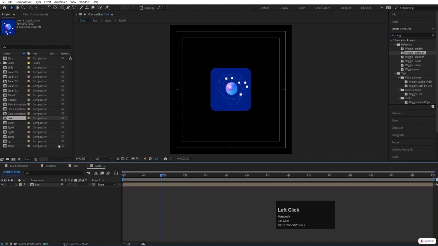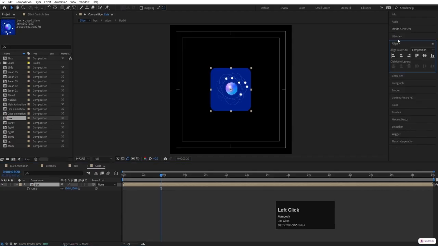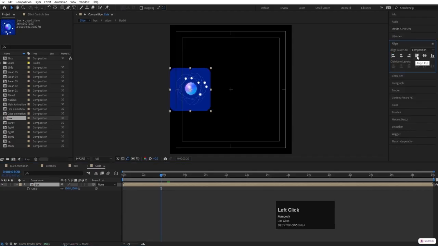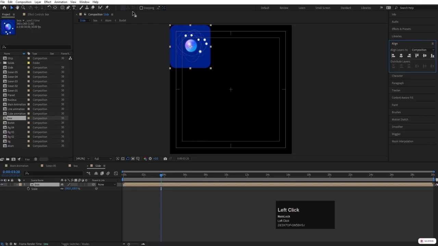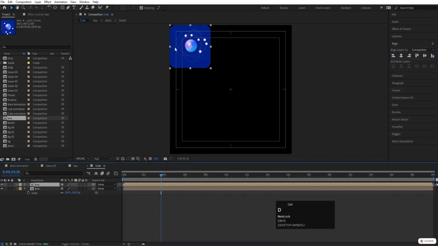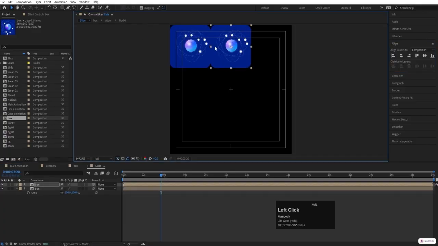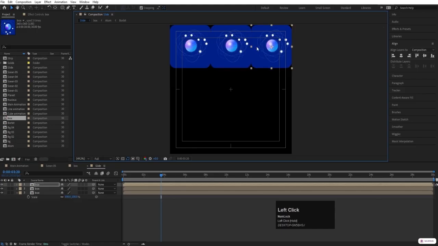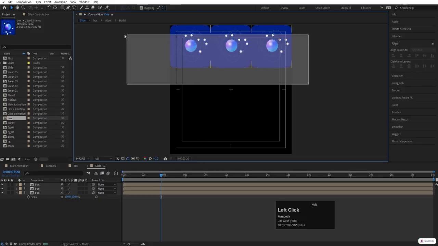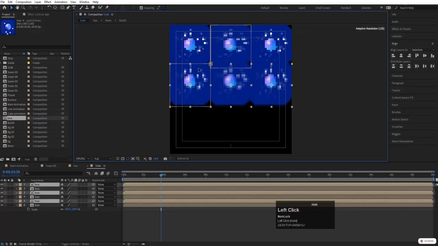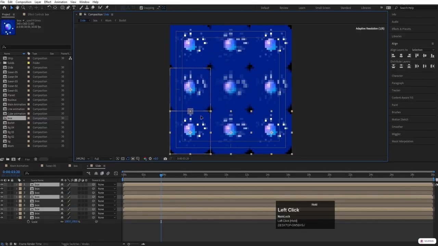Now let's go to the slide. Okay, let's select this and don't change the size. Go to the align tab, align it left and then align it top. Then make sure to enable the snapping tool, hit Ctrl D, bring this over here, hit Ctrl D, bring this over here. Okay, like that. So then select all of them, hit Ctrl D, bring this over here, hit Ctrl D, bring this